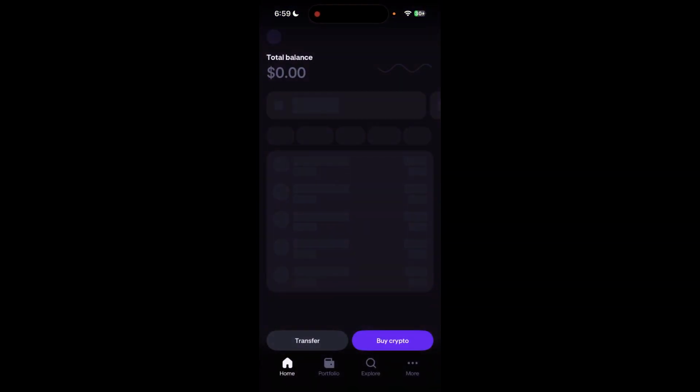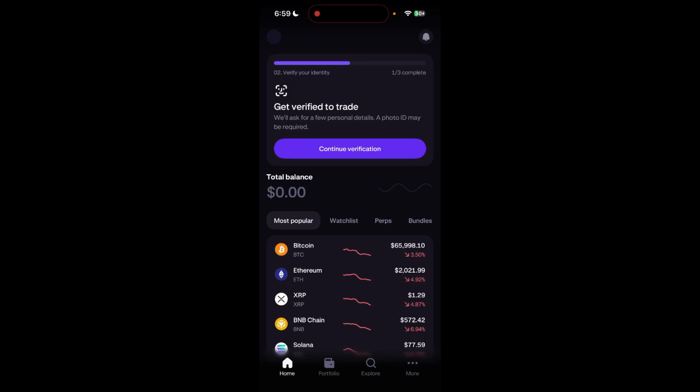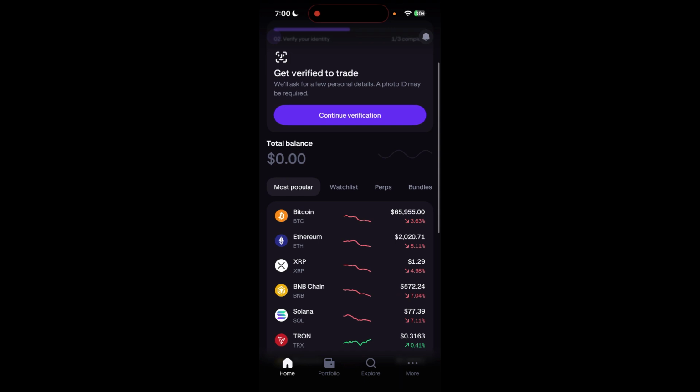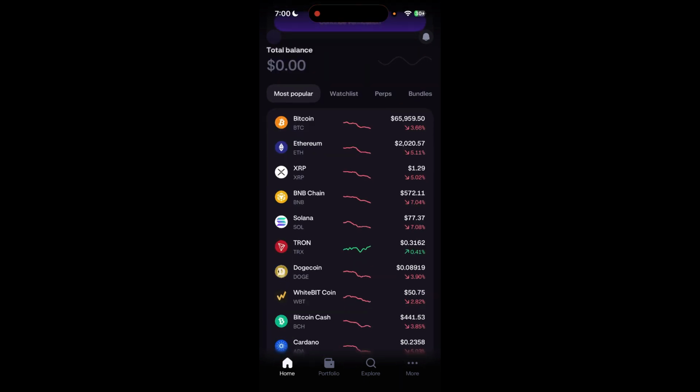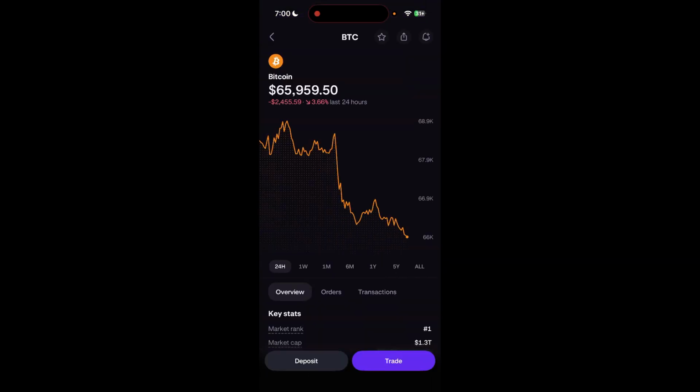First, open your Kraken app on a device and make sure to log in, and it will open also with your Face ID. And over here you need to go to this Portfolio on the bottom. So over here on the bottom, under this home screen, we can find the most popular cryptocurrencies. Over here select one of the cryptocurrencies that you want to deposit and simply tap on the bottom left icon there,